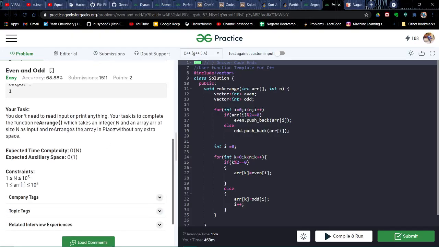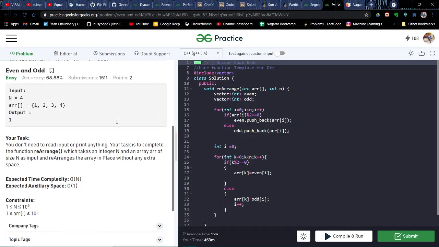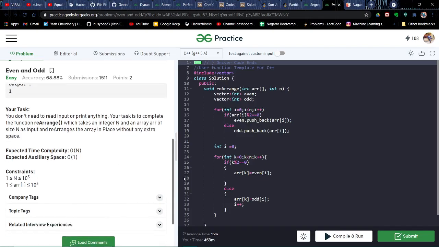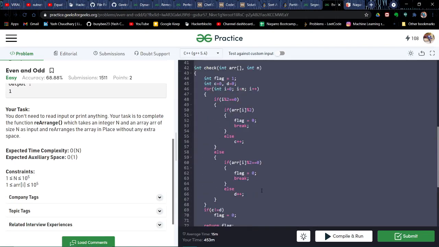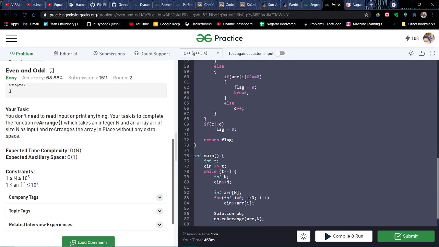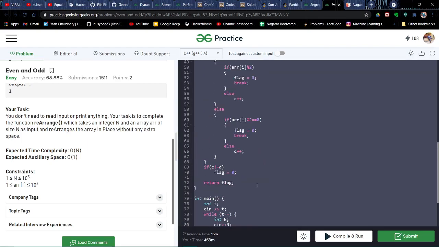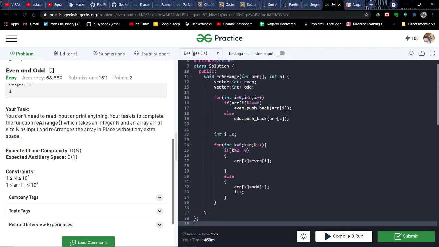Here you need to rearrange the array in place without any extra space. So you just need to arrange it, because they are already printing the array and it's passed by reference, so you need not print it or use cout and a return statement.